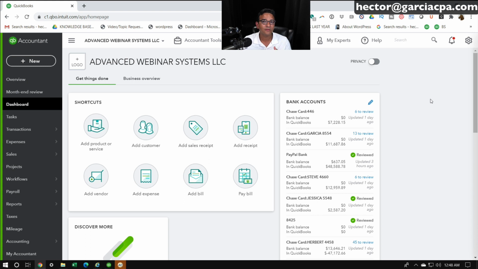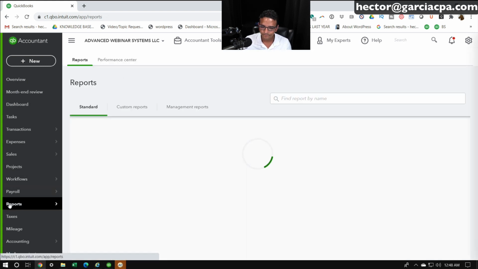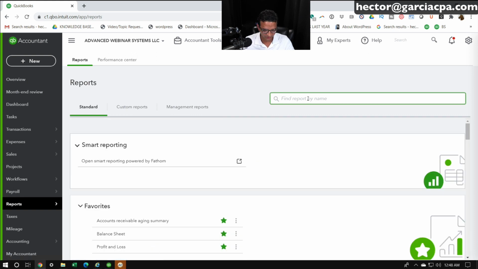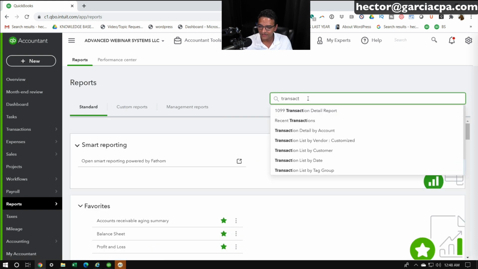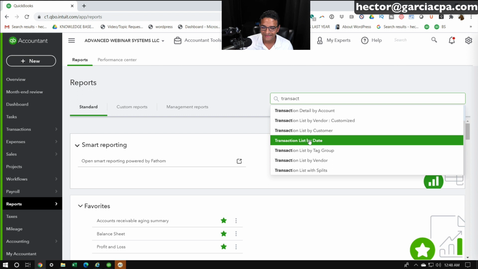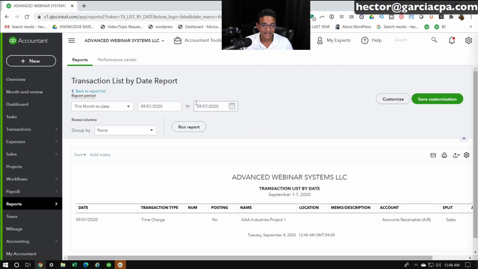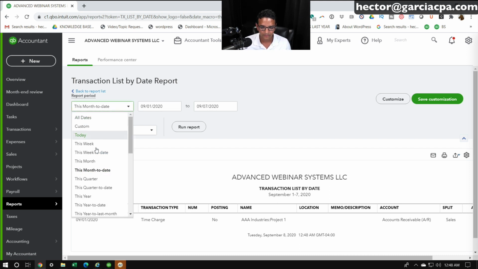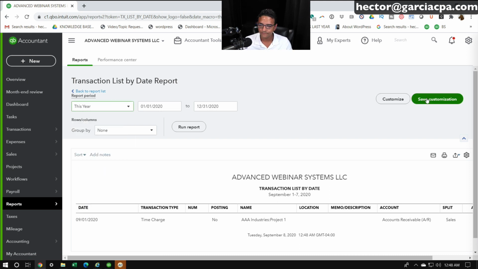So let's say I wanted to download all of my invoices. So I'm going to go into reports, and then into reports, I'm going to search for transaction detail list by date. So I just click there, transaction list by date. And then let's say I want to do all my invoices from this year. So I'm going to click on the drop down menu, click on this year, and then I'm going to click